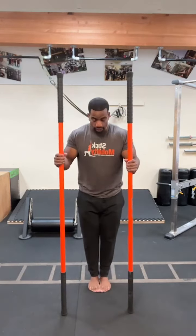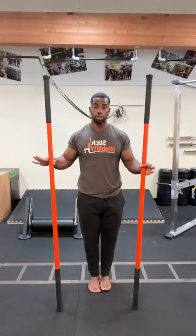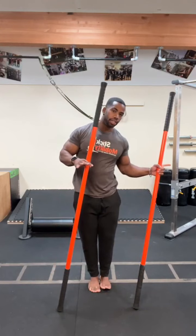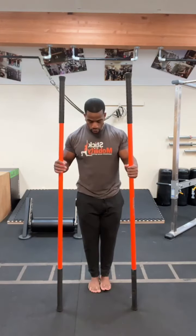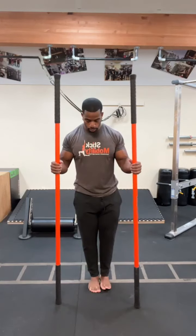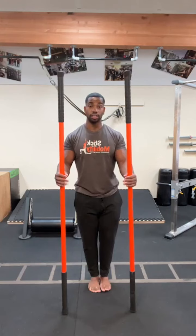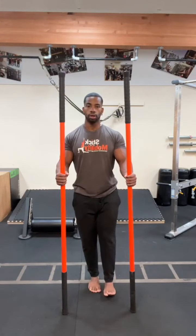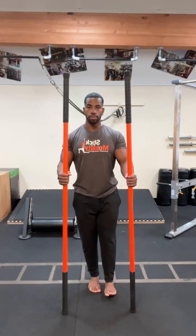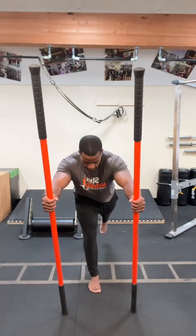So I'm gonna go with my left foot first. We're gonna drive those toes into the floor. Same thing we did for the Dumpy squat, right? We want to create as much stability as we can. So drive those toes into the ground, so push them down. At the bottom of the sticks, about roughly a foot in front of the line of my toes, I'm gonna hover my right foot. Now from here, I'm going to slowly hinge, driving my hands out,